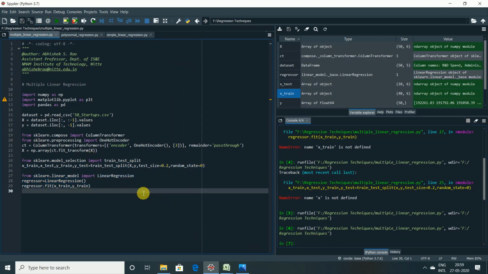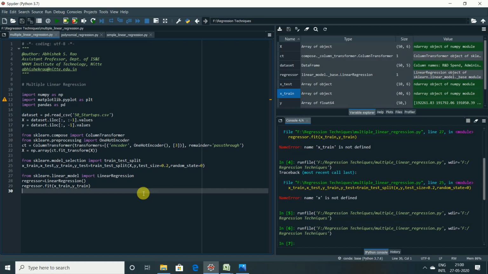Now it's time to predict the test set results. The thing we need to understand clearly this time is that we have more features, and we cannot plot the graph as we did in simple linear regression. In simple linear regression we had only two variables, one for the x-axis and another for the y-axis, so we had a 2D plot. Now what about in this case? We have more than two features. We have altogether 5 features. That means a 5-dimensional graph is required, which is not possible.